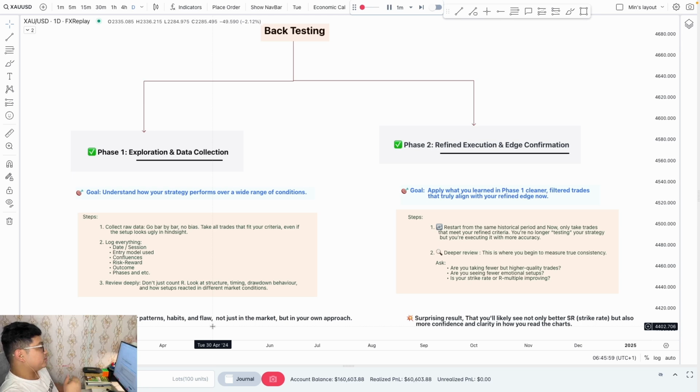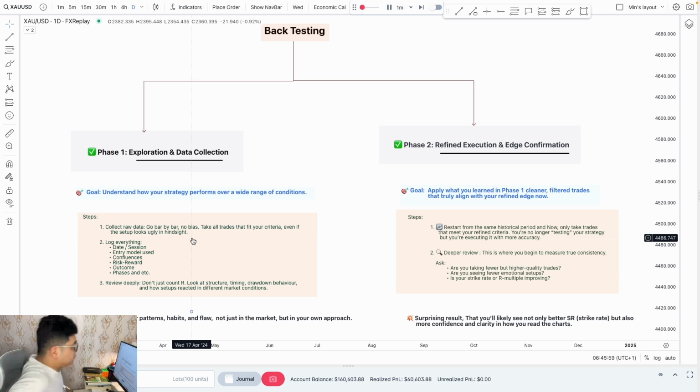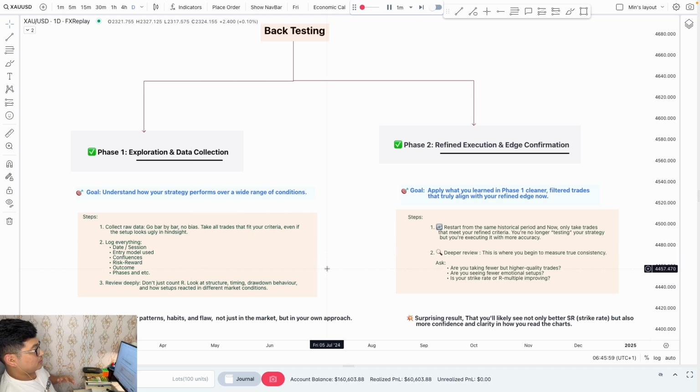So once you collect these things and review the data, you're going to have a slight adjustment, because once you review, you would know, okay, this session is not working for me, this phase is not good for me, this kind of sweep is not really profitable, or, for example, taking a long on opposing supply or taking a short on opposing demand is not really profitable for me. What are you going to do? You're going to separate those kinds of trades, and you won't take the kind of trade which is giving you lots of losses. So that's how you do phase 1.